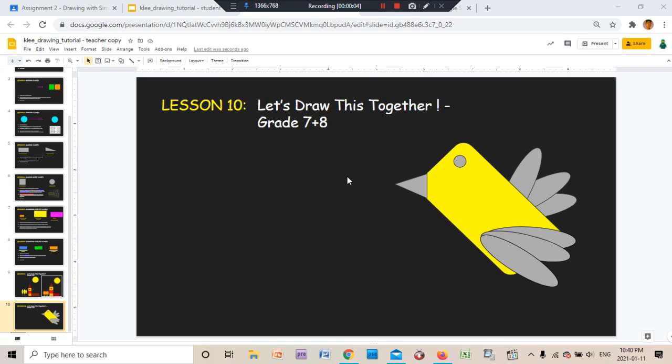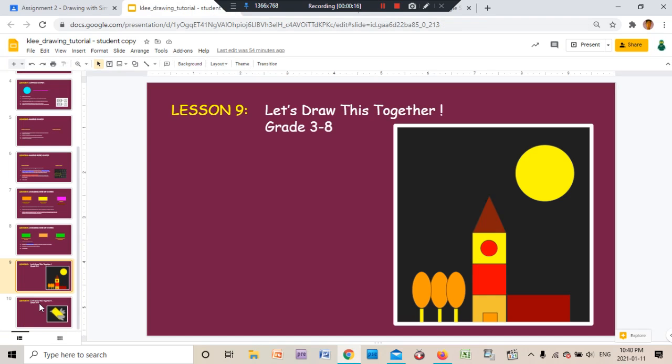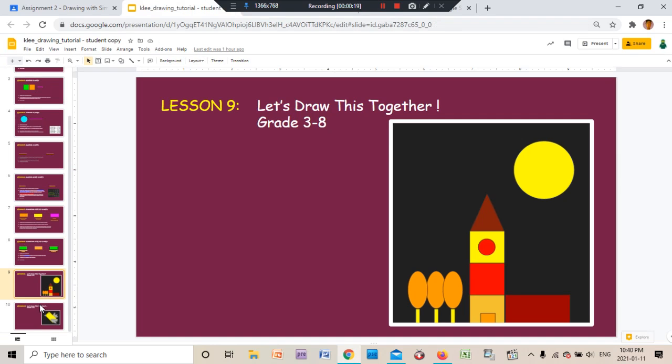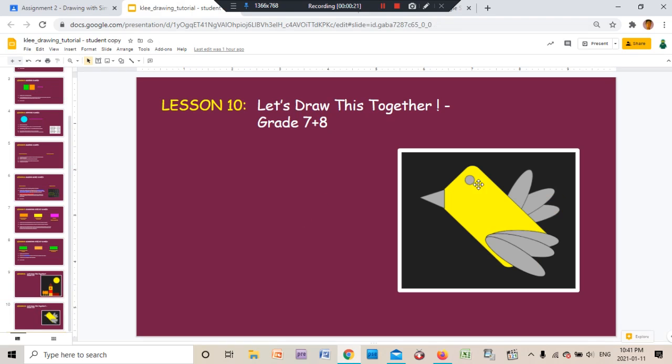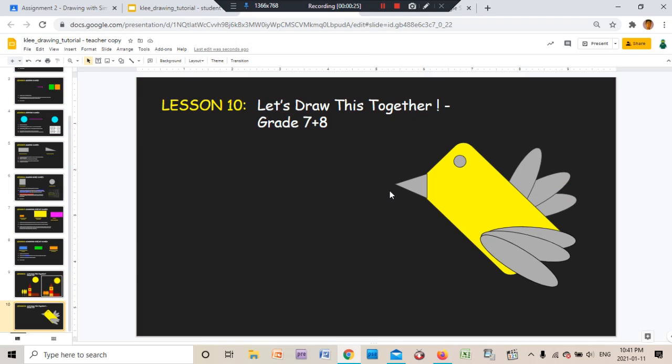Okay, now if you're in grade 7 or 8, there is an expectation that you can do something a little bit more challenging. And we're going to make this bird together. And you've got that on yours as well over here. There we go. So you've got this bird there. And it's a little bit more challenging usually to make natural things, so like animals or flowers, just because they typically tend to look a little bit more rounded and not so squarish and